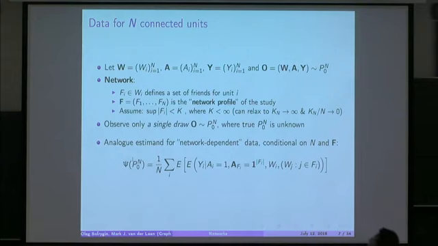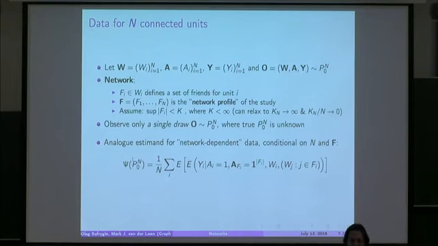And our data on all n units is generated from some unknown distribution P0n, and n is to signify the fact that it's a joint distribution for all n units. Since they're dependent, we cannot view it anymore with this IID framework that I previously described. So it's one joint distribution, and the network plays into here with sets that are called Fi.